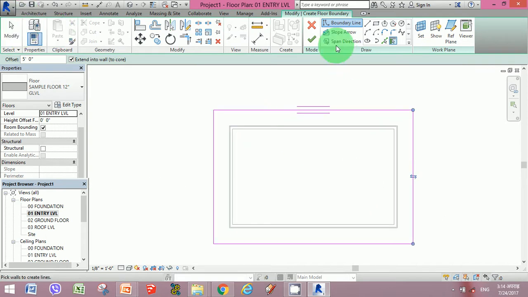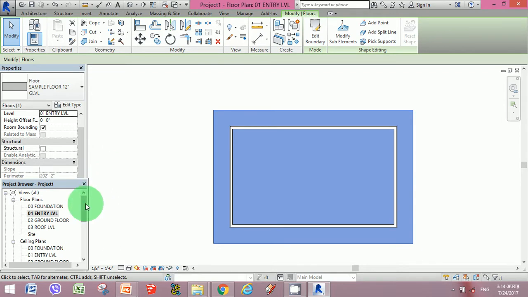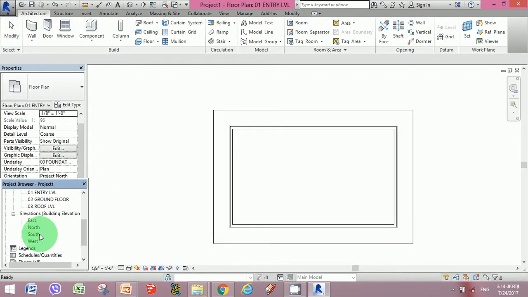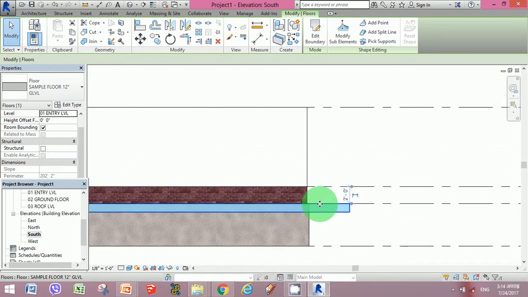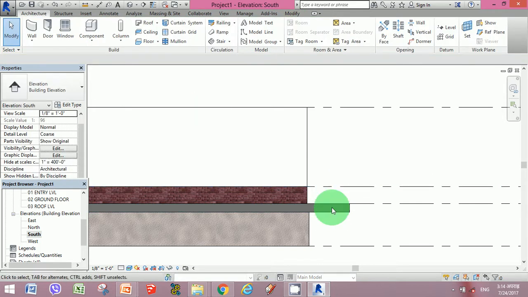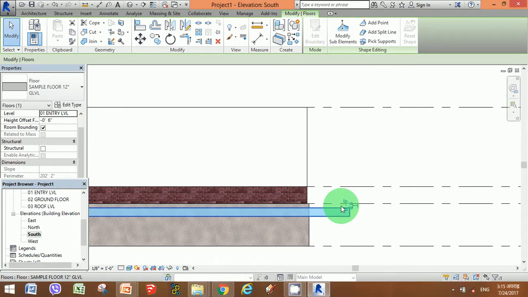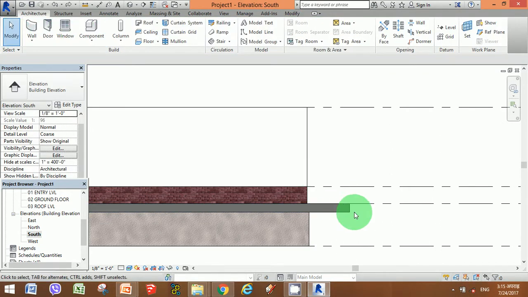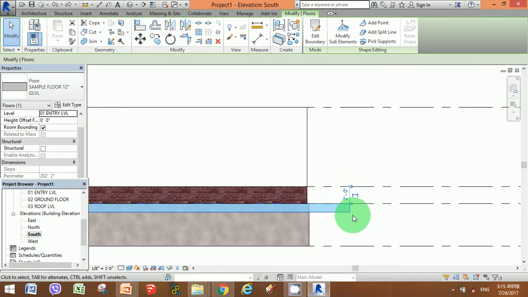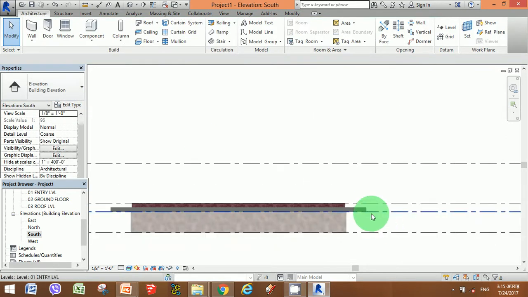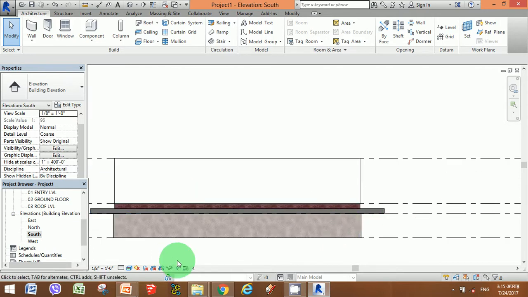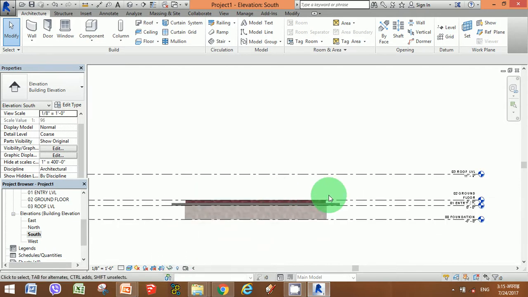So the plinth has been added. Once it is selected, you could see that this floor would come right below the entry level, but here we require this level to come above this level. So what we can do is, once this floor is selected, we move it above the ground level. Here, moving it like we just did, we just created this floor above the entry level.